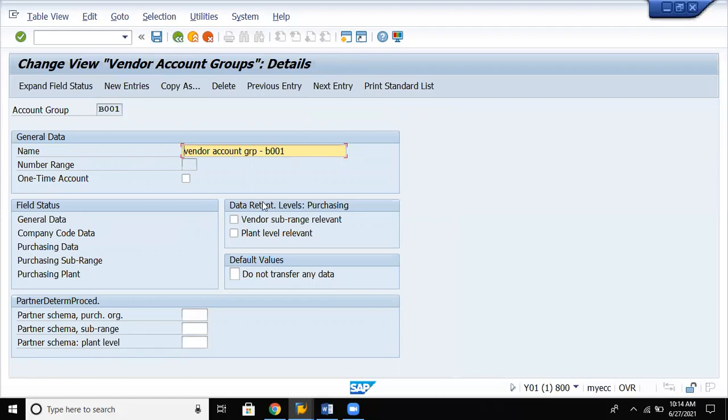Now, next, data retention levels for purchasing. If you want it vendor sub-range relevant, then if you check this box, it will go with the vendor sub-range. Or if you want it plant level relevant, then the vendor will be configured at the plant level. Default values: do not transfer any data. If you don't want to transfer any data from one vendor to another vendor, then check this